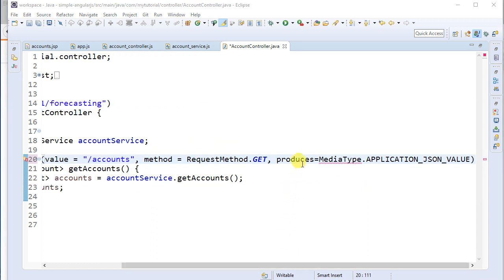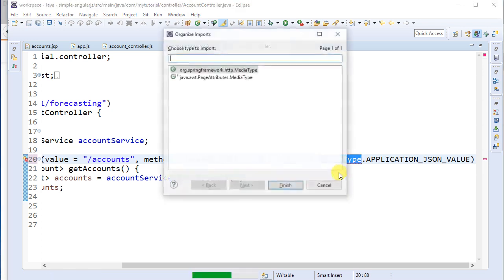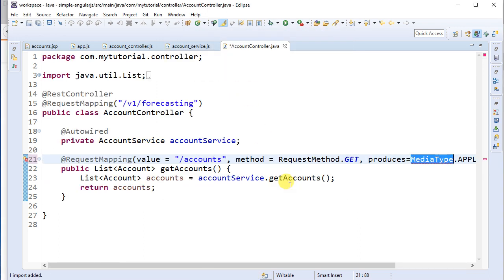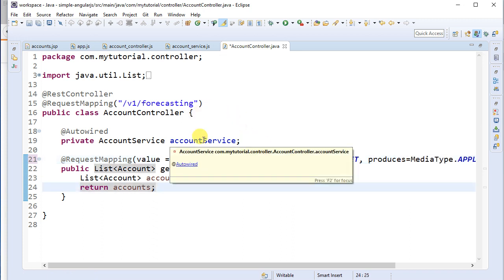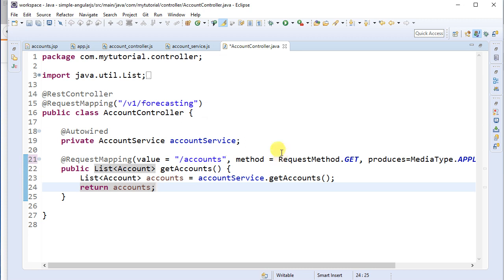So I'm saying produces, the media type is application.json value, and to make sure that it knows where the media type is, I do a Control-Shift-O, which is the organize imports. It will bring in the media type from the Spring Framework's HTTP package. And now if I repackage this, run Maven clean install, repackage it and run it, then I don't have to suffix it with .json. So let's leave that aside, and then